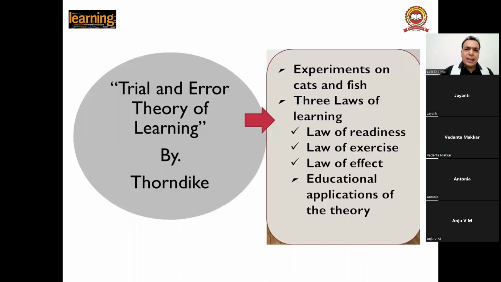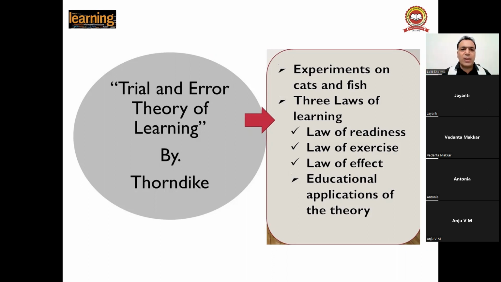So guys, under this theory, first of all we have come to know what is the meaning of trial and error theory. Trial and error theory basically means we learn by making mistakes, right? It was given by Thorndike in 1898, and he did many experiments on cats, rats, and fishes, and he concluded that we learn by making mistakes. We have done the principles and assumptions.